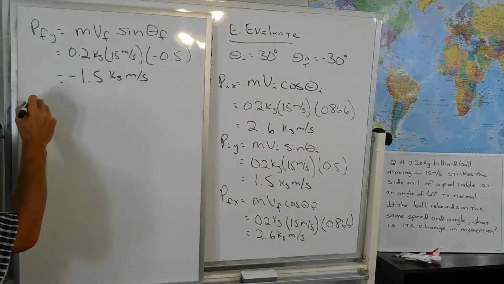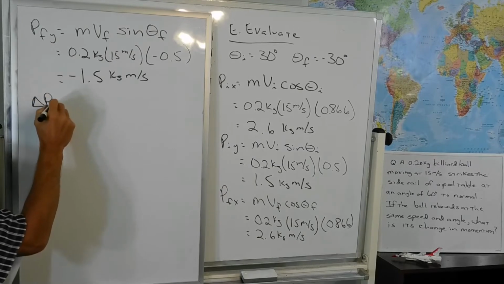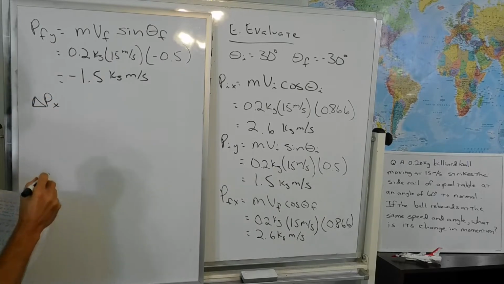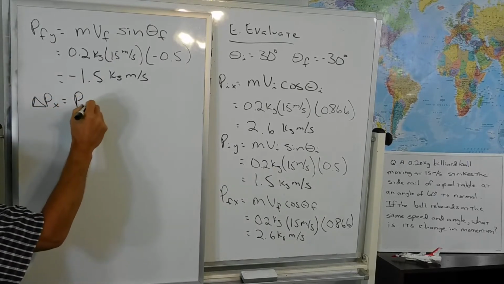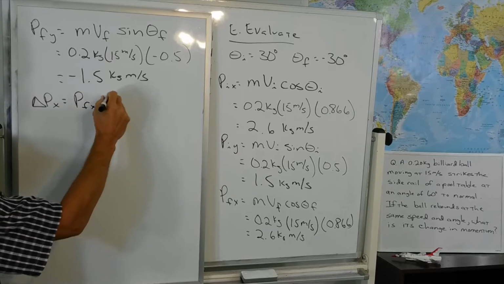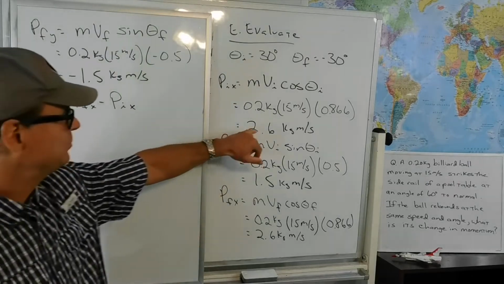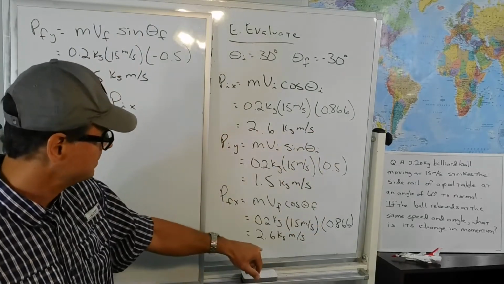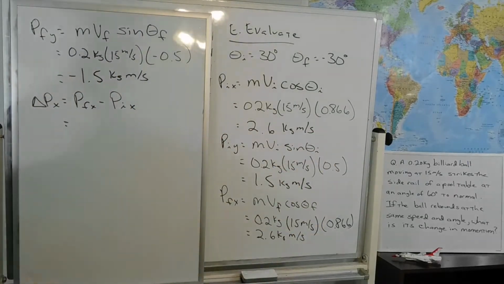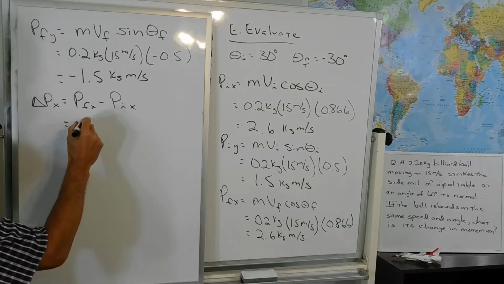Alright, now the change in the x component of momentum is the final x component of momentum minus the initial x component of momentum. But they're the same. It's 2.6 kilogram meters per second minus 2.6 kilogram meters per second. So it's 0